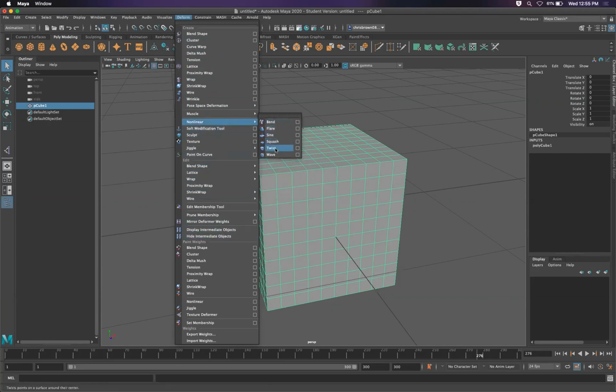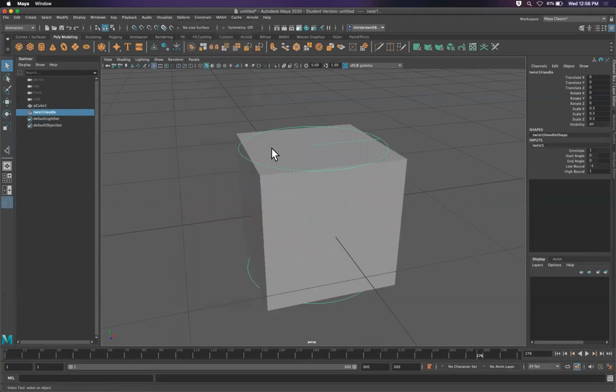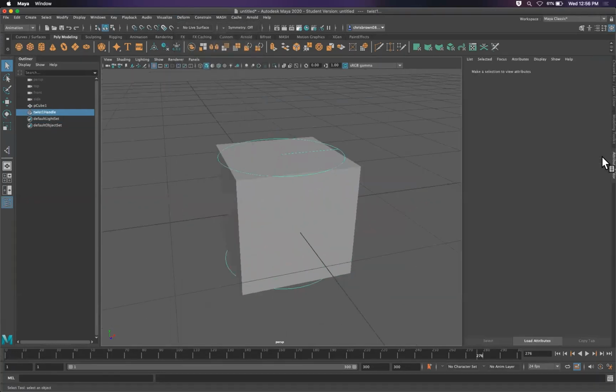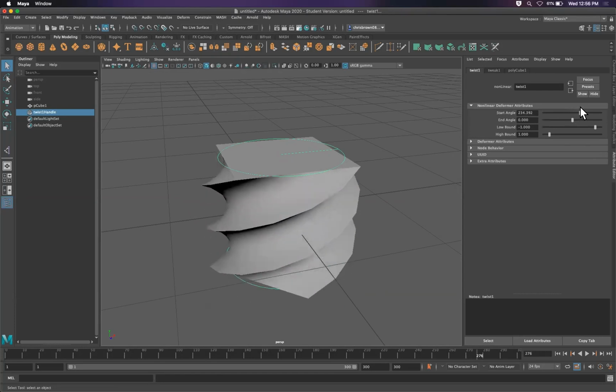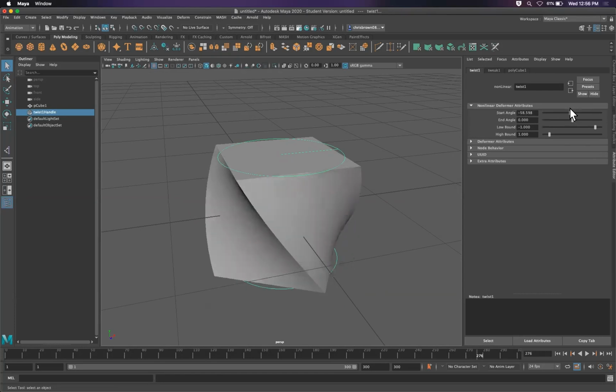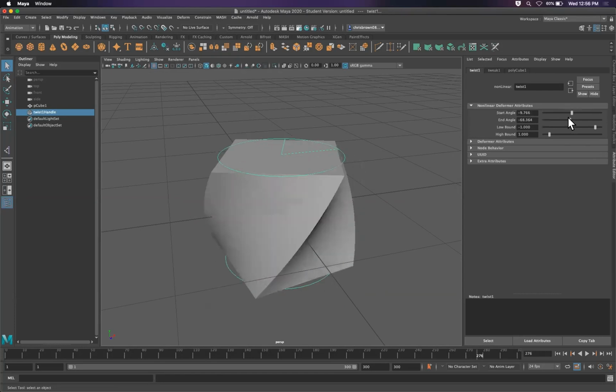Let's use one of these non-linear ones. Let's, for example, try a twist here. And just like anything, you could open up the options dialog box and see what the properties are, but I'm just going to click it. And right away, if I'm in my attribute editor, I can see that it adds this twist node here. I could start using these sliders, the start angle and the end angle, to actually twist this model around,